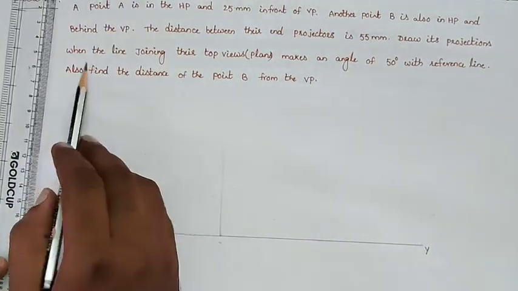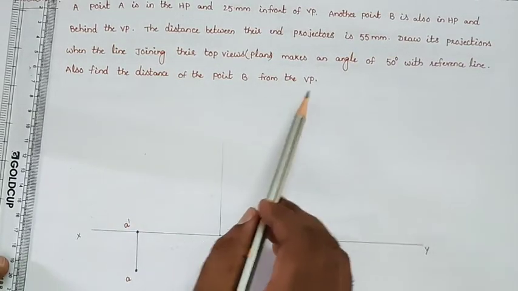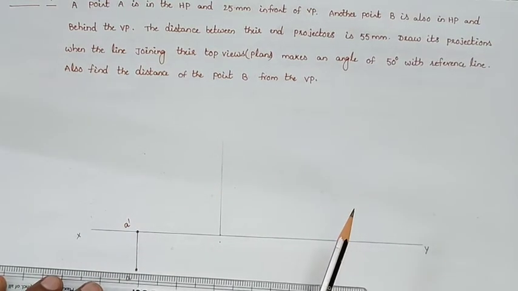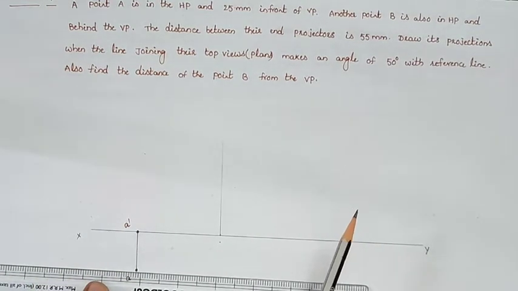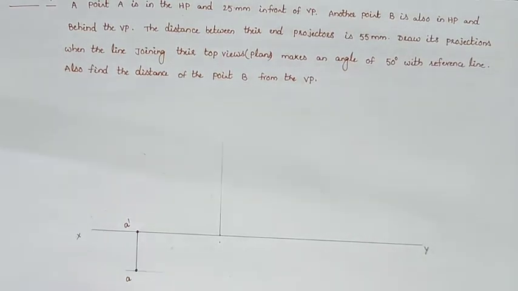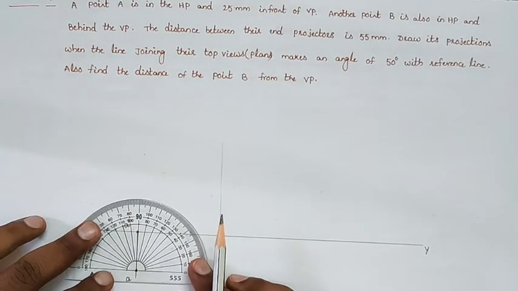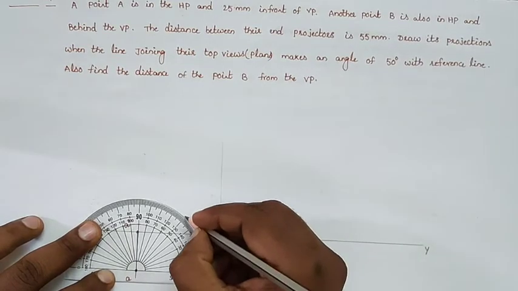But they are giving that the line joining the top view makes an angle of 50 degrees with the reference line. So the reference line looks like a horizontal line here. From the reference line, the top view is here, point A. From point A, we will draw a horizontal reference line, and by making an angle of 50 degrees in this direction,